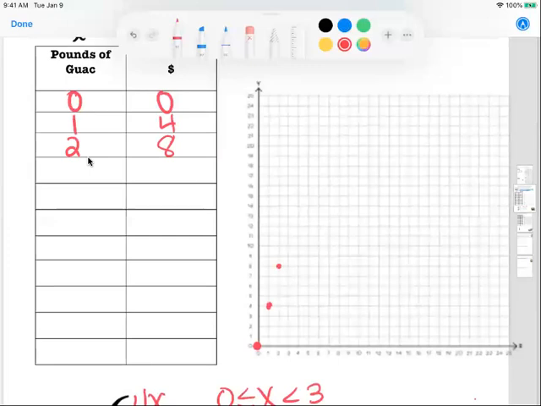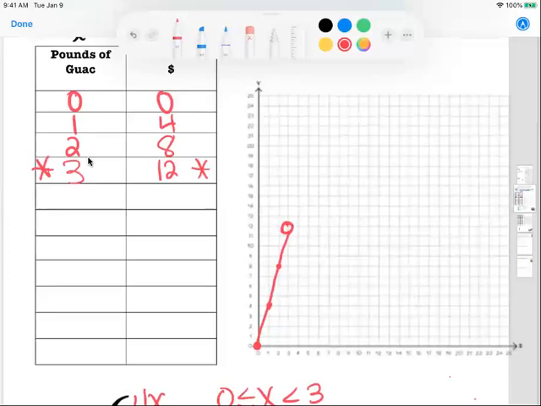If I bought 3 pounds of guac, at this rate, it would cost me $12. However, this is not included. I'm going to star this, guys. Remember, that's going to be an open circle. So at 3, 12, I'm going to have an open circle. Because if I bought 2.999999 pounds, they're still going to charge me that rate of $4 per pound. So that's why I need to create this part of the graph going all the way up, but then whoop,